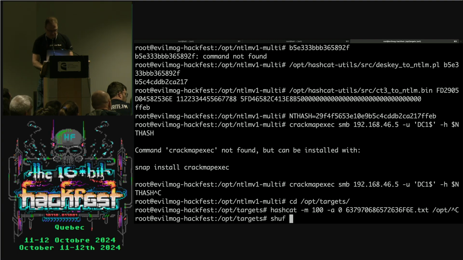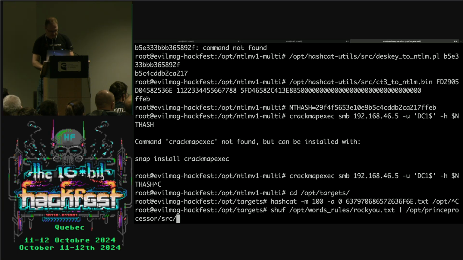So shuf /opt/dict/wordlist/rockyou.txt. Remember this from a little bit earlier. We're going to pipe this into /opt/princeprocessor/src. Yes, I'm lazy. I don't move my binaries out of source. You'll do it too eventually. Now we're going to pipe this into hashcat.